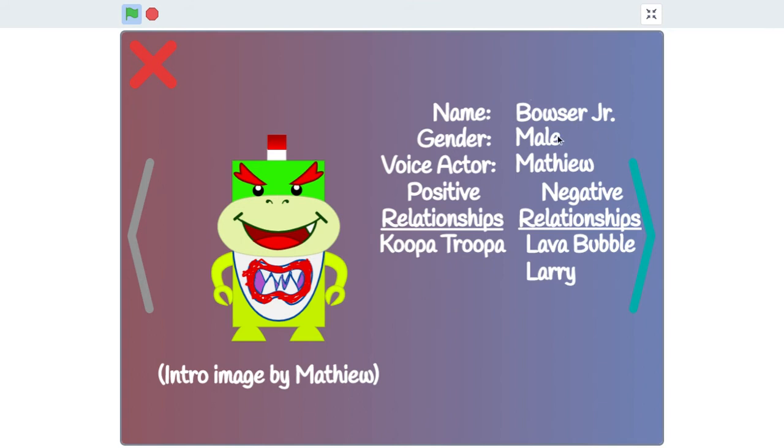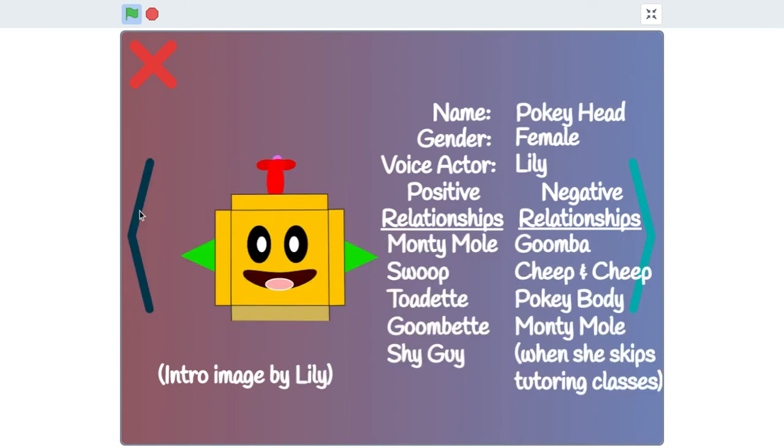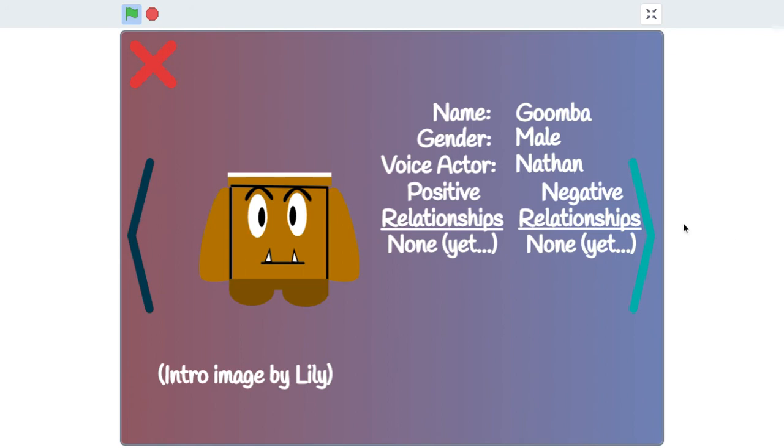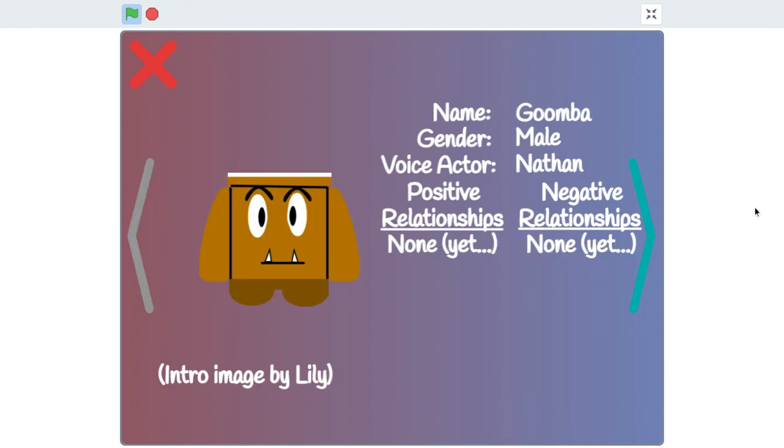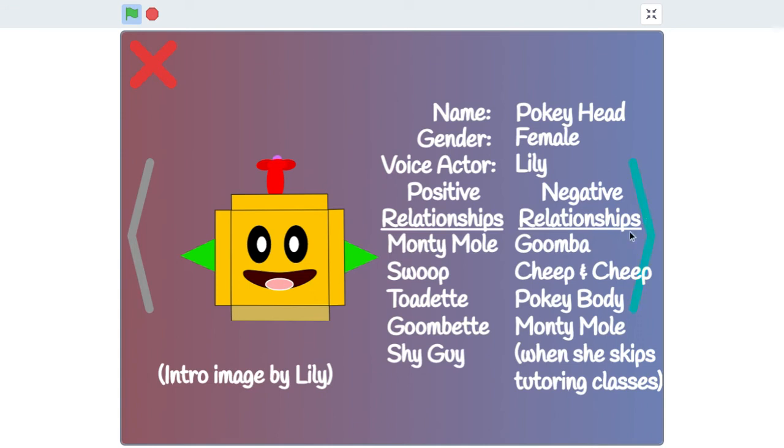So anyways, you can see BJ's information, this stuff. Now, say I wanted to go to someone else, like Dry Bones. Well, the easiest way to cycle between characters and their pages is to click these arrows. It even makes some cool noises, and they're different noises. Because of a bug, when you hold on the left, that happens. Then you hold left, go to the right, and then it moves to the right. You can also use the arrow keys.